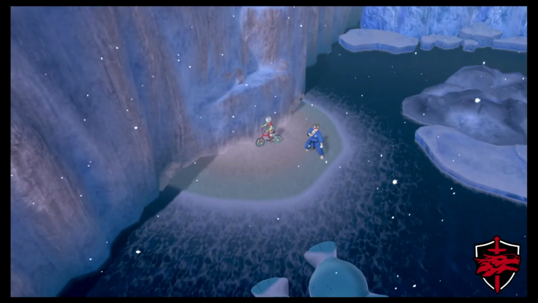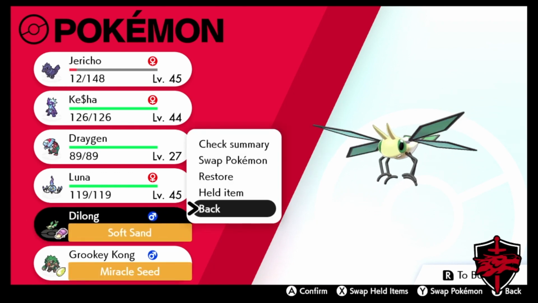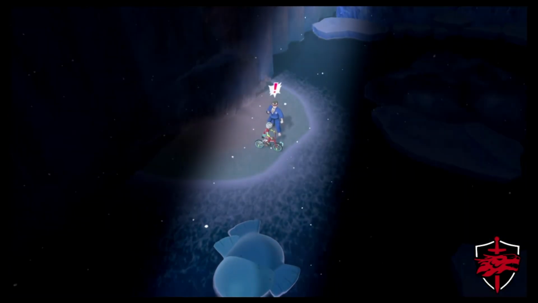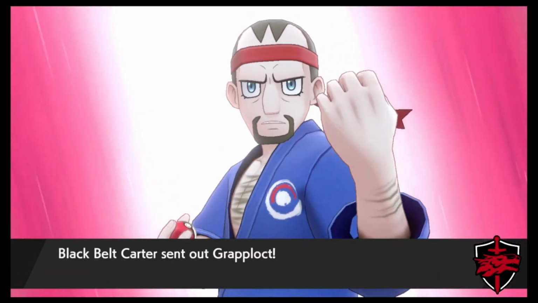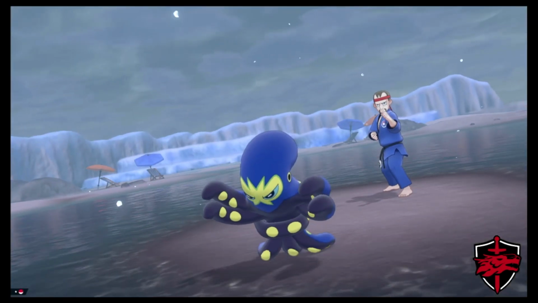Ooh, found a black belt. Real quick, because Jericho is pretty low on health, we'll make sure that we're leading with a proper Pokemon. We're going to be seeing a lot of water types, I feel, so it probably would be best to keep Kesha in the front. Granted, this trainer is probably going to be a fighting type trainer, considering he's a black belt. Black belt Carter. He's going to have Grapploct,